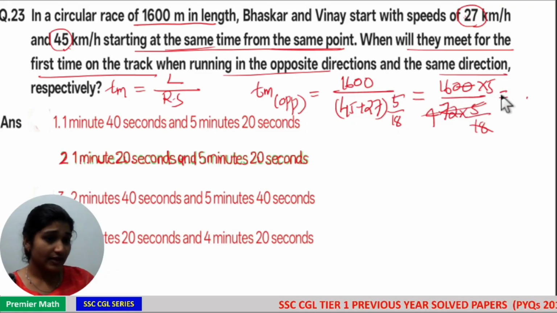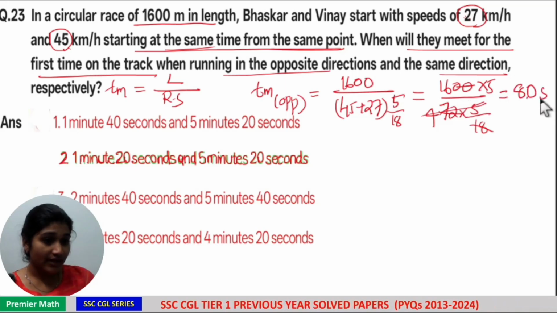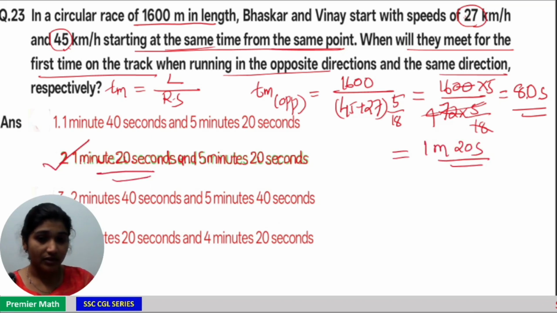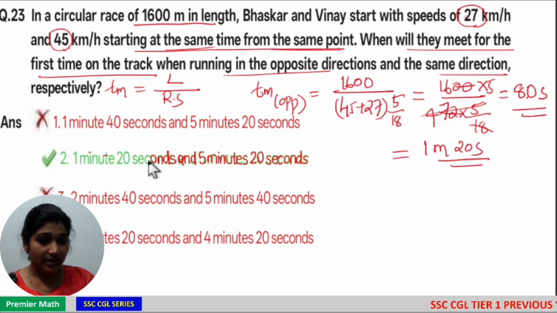80. So 80 seconds. 80 seconds means 1 minute 20 seconds. If you look, option 2 is your answer. 1 minute 20 seconds when they are running in opposite direction. Now,